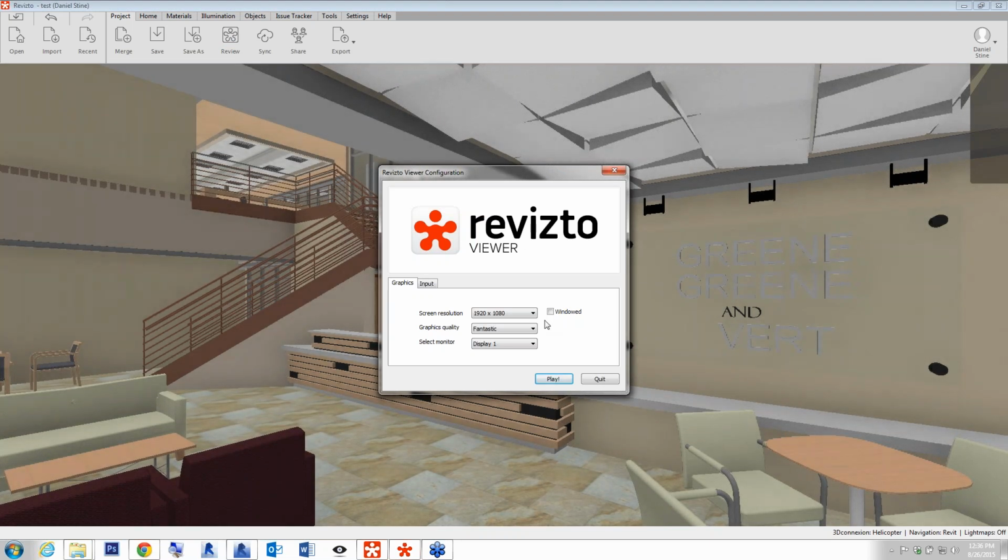And so again, talking about things in a little bit more detail here, the setting that we pick here will have the graphics quality will have an impact on the visual quality and performance. So if it's a really big complex model, you might want to pick one of these lower settings. If it's a smaller model like the one we're in with lots of detail and lots of materials, we can crank the setting up. This can be adjusted even once you get in the viewer, as I show you, so it's not really a critical selection. It can be easily changed. I'm going to keep it at fantastic.